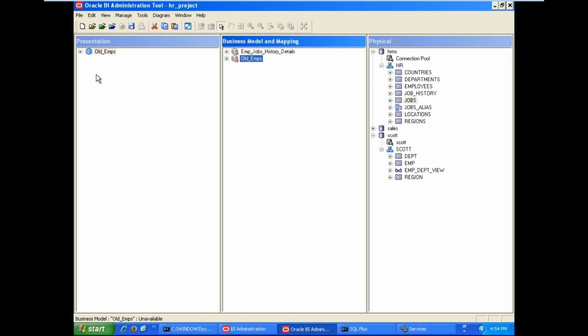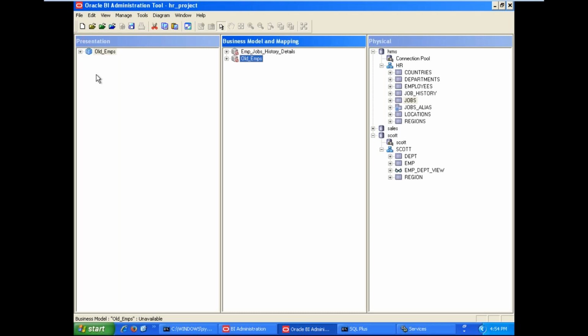End users means final end users are business users. Actually, the end users for these subject areas available in the presentation layer are report developers. The report developers are the end users who access these subject areas available in the presentation layer to generate the reports and to deliver the reports to the business users.